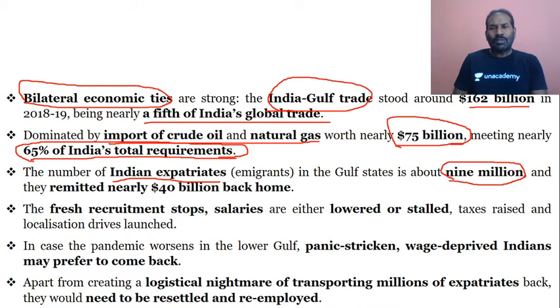Most of the savings are being sent back to their respective families in India. Please do understand, most of the savings are sent back to their respective families in India. When they are sending back to India, definitely it is coming back to the government of India. So what is that? The money which is coming back to India is called remittances. Please do understand, remittances, R-E-M-I-T-T-A-N-C-E. That is nearly 40 billion which is coming back home. So that is also a positive sign.